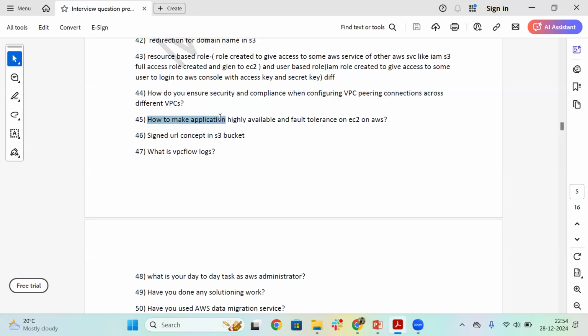Moving to the 45th question, how to make an application highly available and fault tolerant on EC2 on AWS. To make your application highly available, you can deploy your application into multiple subnets. That means the particular instance will be deployed in multiple subnets, and multiple subnets simply means there will be multiple availability zones. If you have three subnets and you are deploying your server into multiple availability zones, that means it's three subnets as well. And to make it highly available, once again you can have the auto scaling group associated